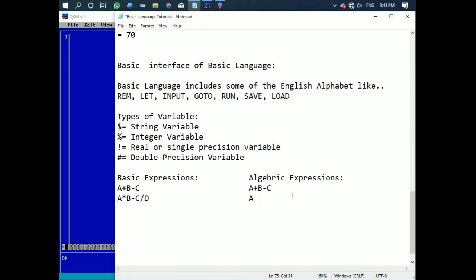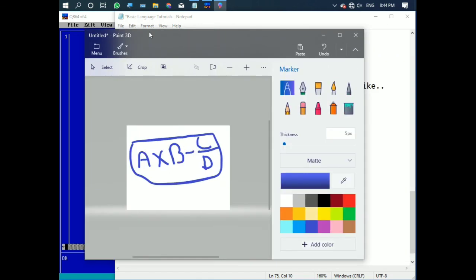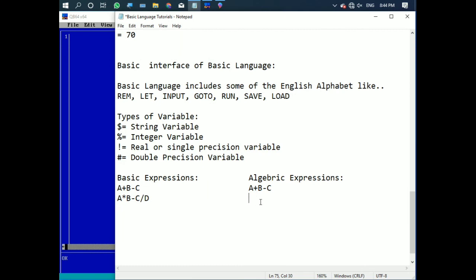We can write this thing as what? This is the basic expression, and in the correct expression we write this as this. Here there is one problem, I think.